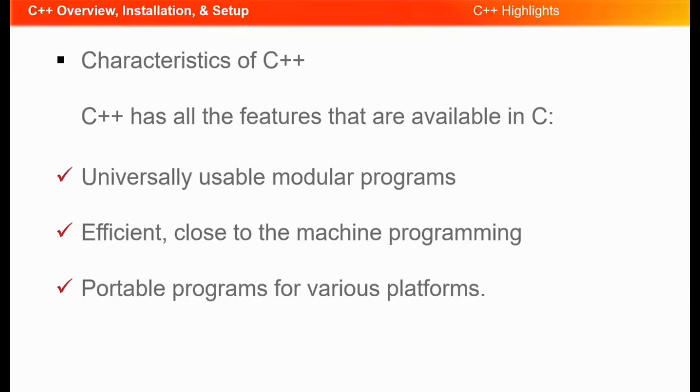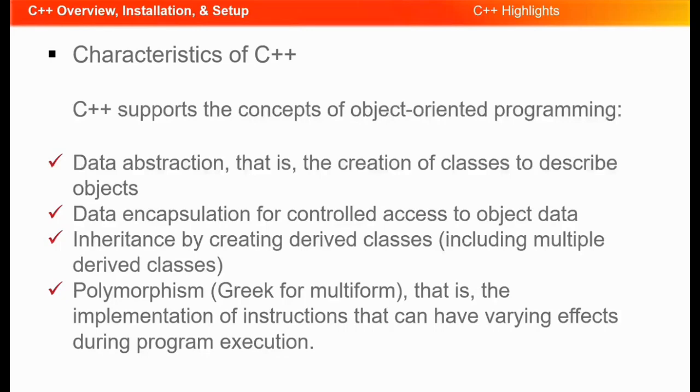And then the next one is that it allows for the creation of portable programs for various platforms, meaning you can use C++ to create a wide variety of programs for a wide variety of devices. C++ supports the concept of object-oriented programming, unlike C, meaning that it allows you to have a set of tools and ways to build more complex programs. Some of these key concepts are listed on this page, and they are supported by object-oriented programming. You don't need to know each of these concepts in depth yet, but it's a good idea to start familiarizing yourself with the terms.